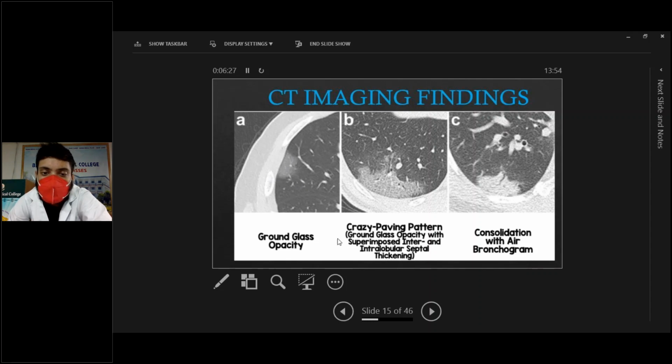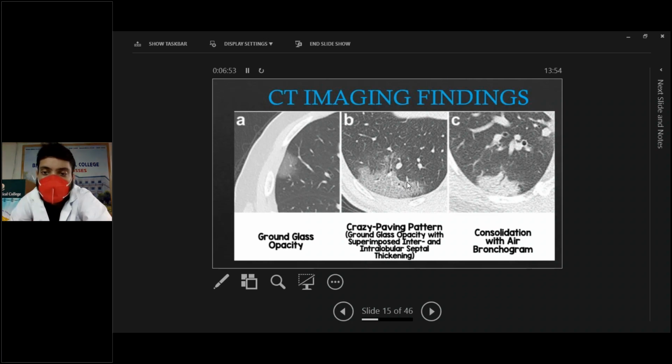And the second thing is called crazy paving pattern. So what's the difference between this ground glass opacity and crazy paving pattern? Both are the same, but what we see are the septal thickening in between the ground glass opacity, and it is as if some rocks, small square bricks, are placed in between the ground glass opacity. So this is called as a crazy paving appearance. Normally it is seen in pulmonary alveolar proteinosis, where the alveoli are filled with proteins that give rise to the